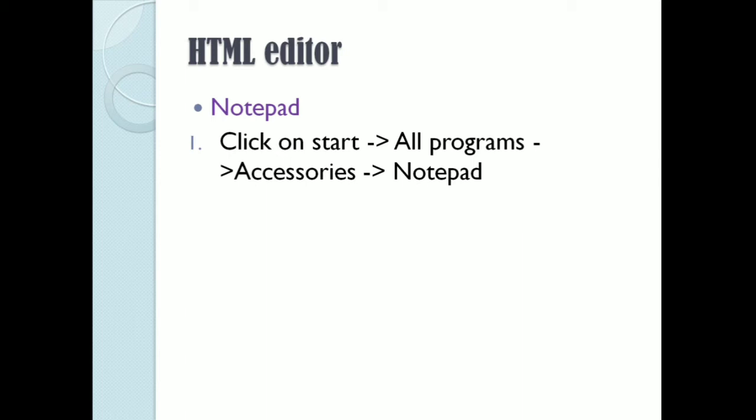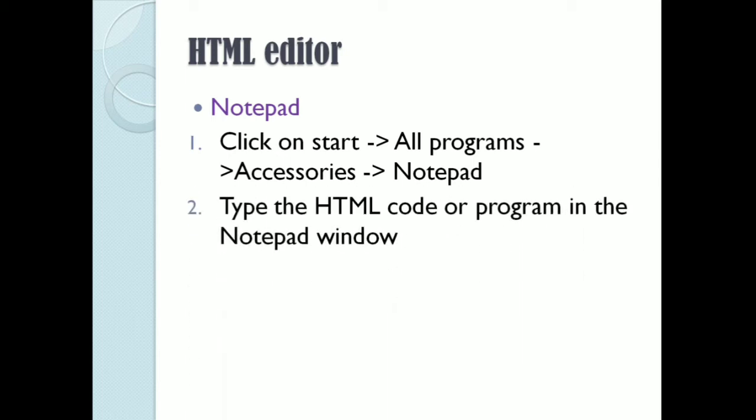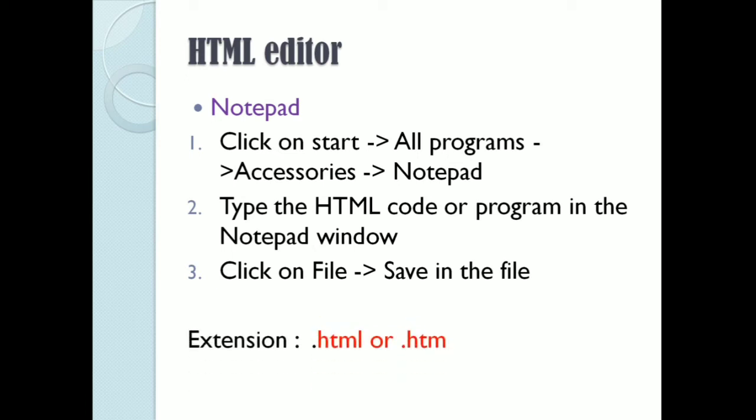After opening the Notepad, we have to type the code. The HTML code is known as HTML tag. So we can type the HTML code in the Notepad and finally we have to save the file. And one thing we have to keep in mind is that whenever we are saving the HTML file, we should mention the extension. For a Paint document, the extension will be .jpeg or .bmp, etc. Like that, in the case of HTML, it has a separate extension called